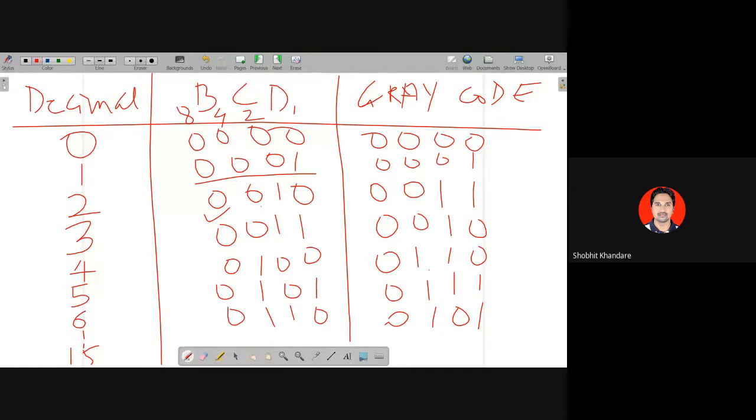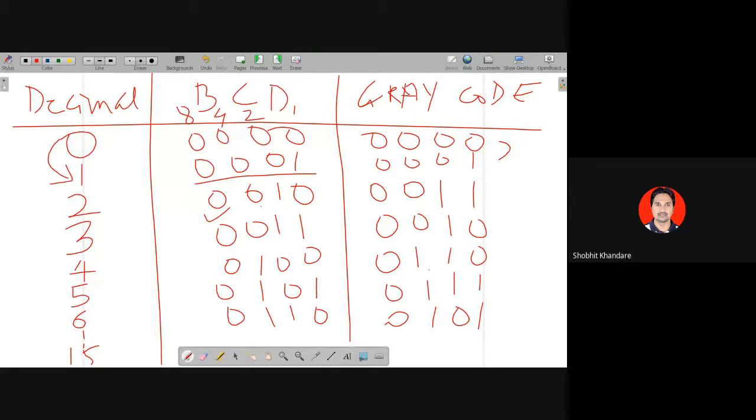Okay, but before going to that I need to explain something more about the gray code. Now here you have written, if not, then write, that this gray code is also called a unit distance code. You wrote it in brackets. Now how it is called a unit distance code, please see here. I want everyone to pay attention and have a keen observation. Now see here on the screen, the gray code, the last column, if you go from decimal number 0 to 1.